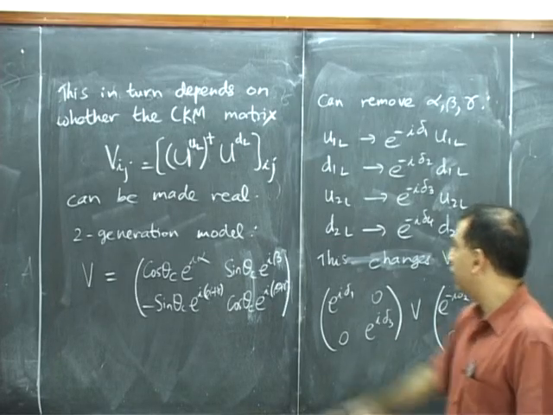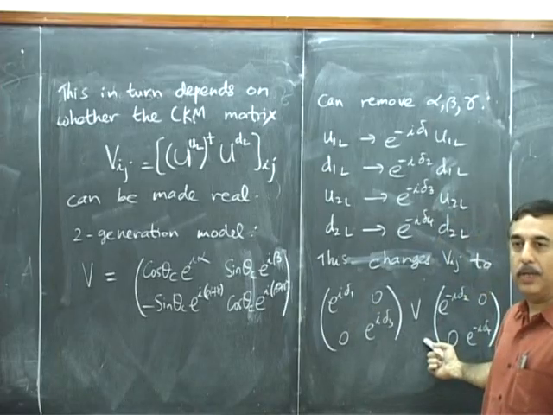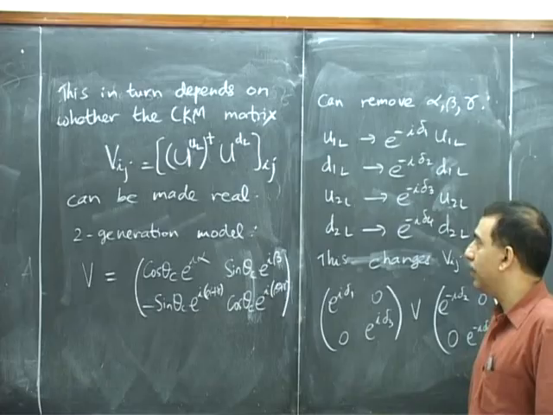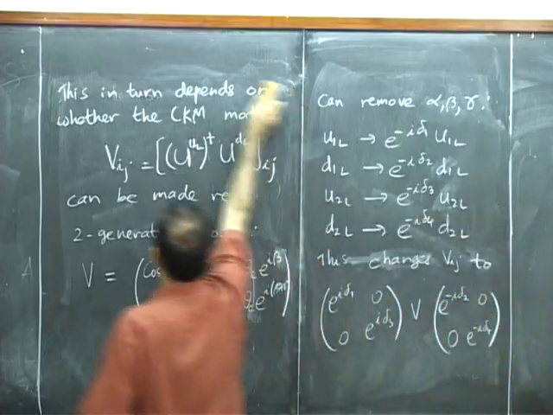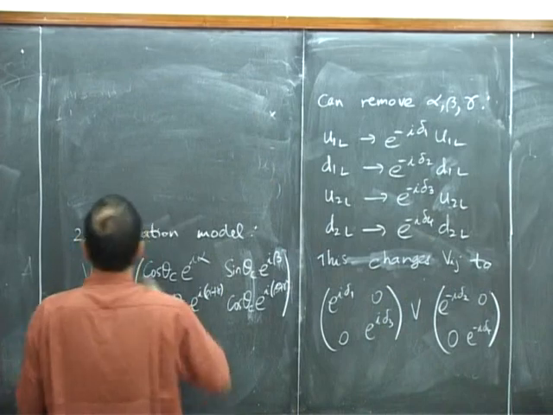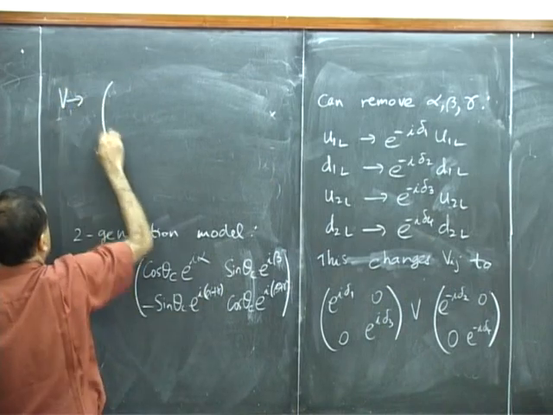Okay, so here's V, and here's what happens to it after we make this general phase rotation. And the question is, what does it take V into? So simple multiplication, and we find the answer to be V goes to the matrix